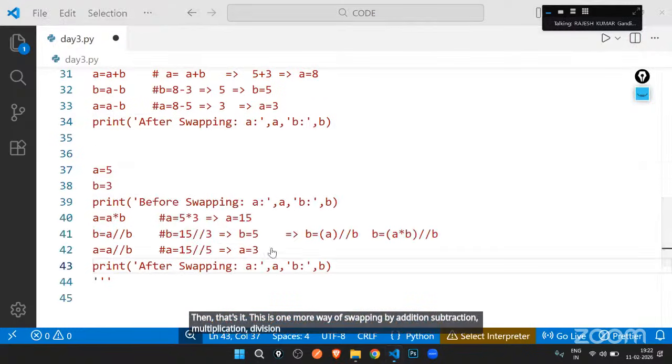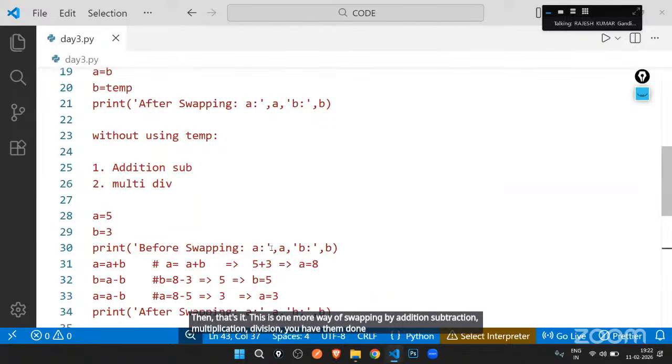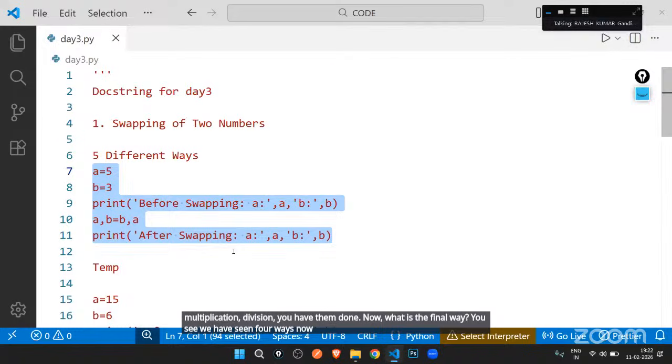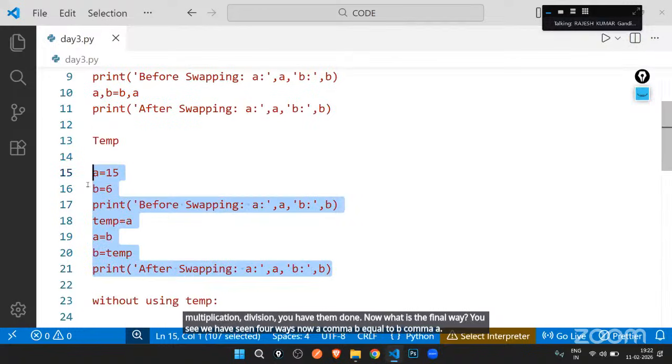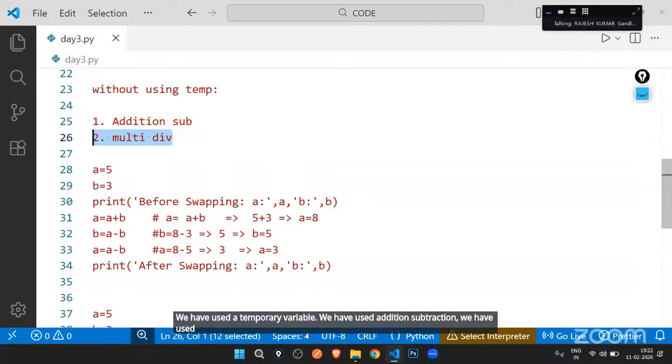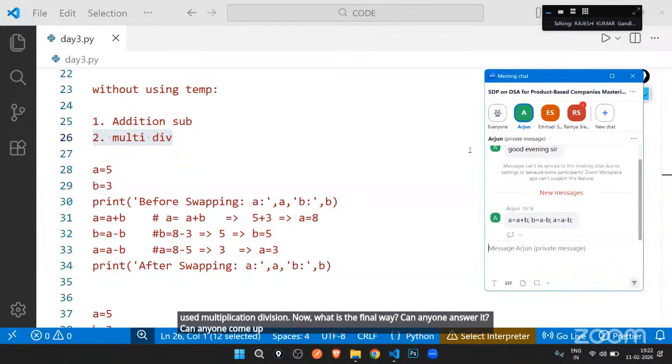You have them done. Now, what is the final way? You see, we have seen four ways now. A comma B equal to B comma A. We have used a temporary variable. We have used addition, subtraction. We have used multiplication, division. Now, what is the final way? Can anyone answer it? Can anyone come up with it by using